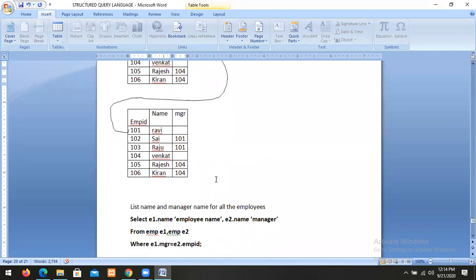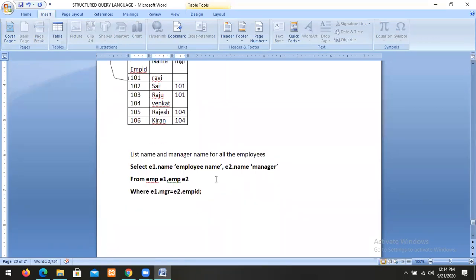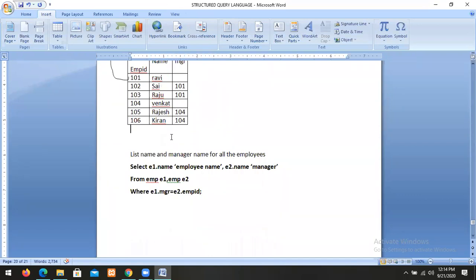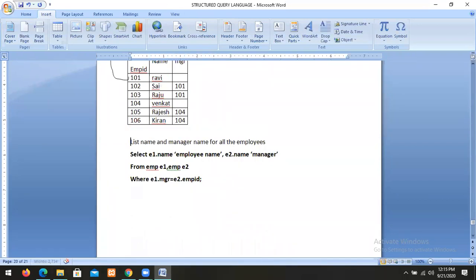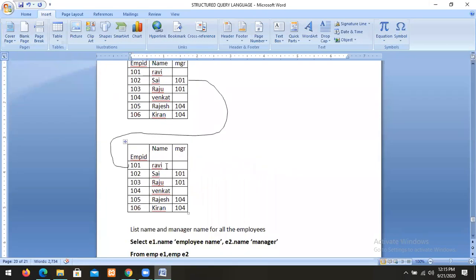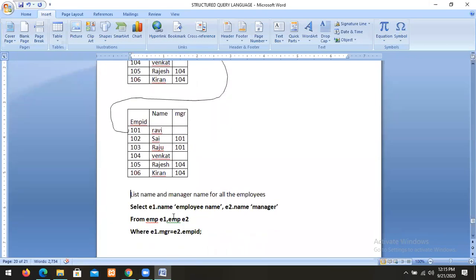In relational algebra, this is called this. Relational algebra can be converted into SQL queries in Oracle. This is the Oracle syntax. If you go for MySQL, the syntax will be slightly changed, otherwise it will be the same. Once you know one relational algebra and one SQL format, then automatically you can understand other languages very easily. So this is the way of self joins.